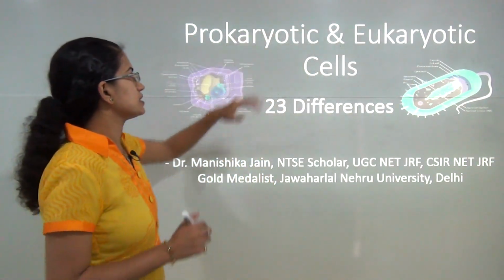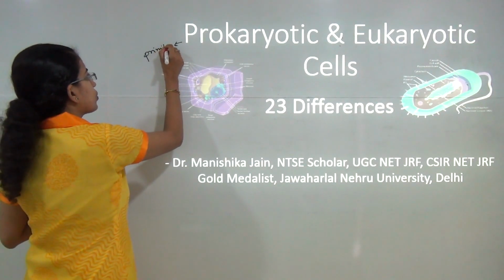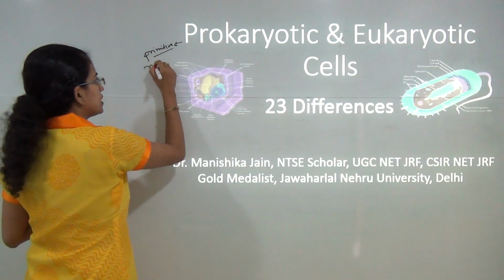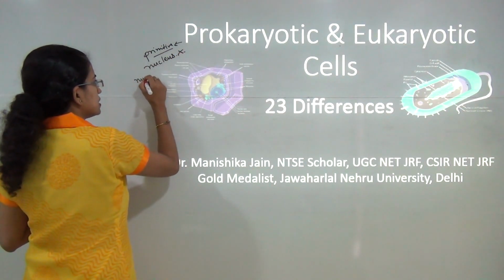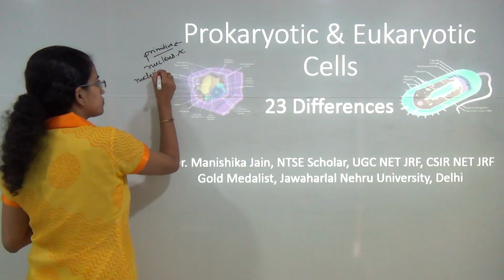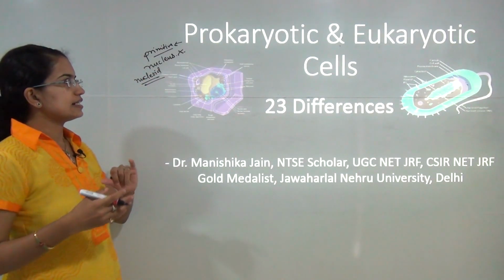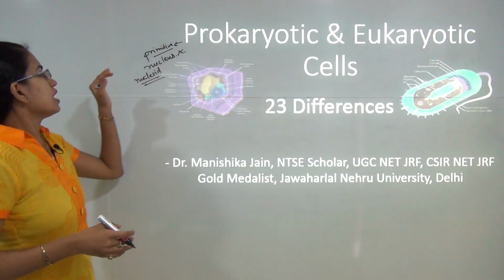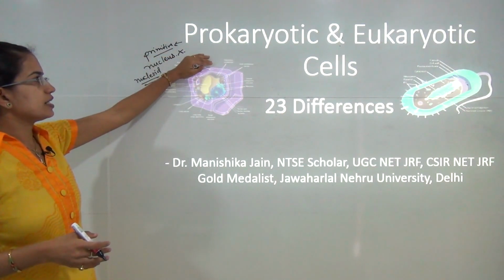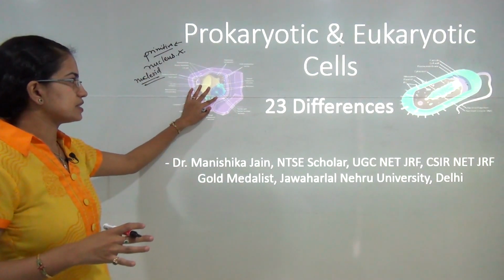The prokaryotic cells are the cells which are primitive. Since they are primitive, what is absent here is the nucleus. Since there is no nucleus, what is present is the nucleoid. Now this forms the key for the prokaryotic cells. So all the bacteria and cyanobacteria would be examples of prokaryotic cells. Now again, what is important here is the chromatin is scattered in the cytoplasm that is present here.